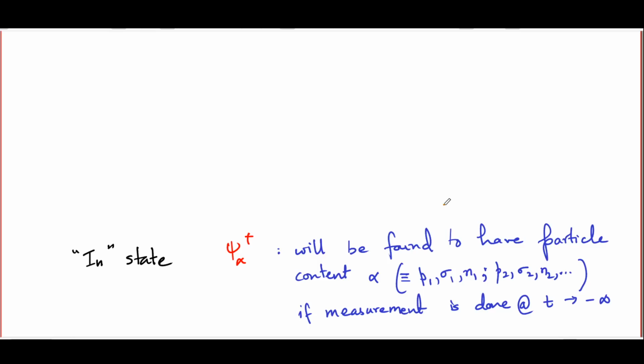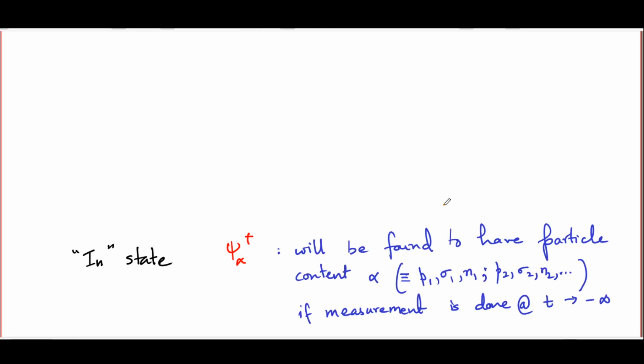And when we say that the system is in an in-state psi alpha plus, what we mean is that this will be found to have particle content alpha, independent free particles with labels given by those in alpha, if the measurement is done at very, very remote times in the past, that is, in the limit t goes to minus